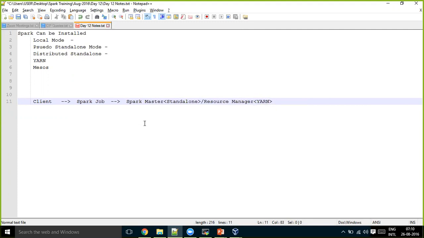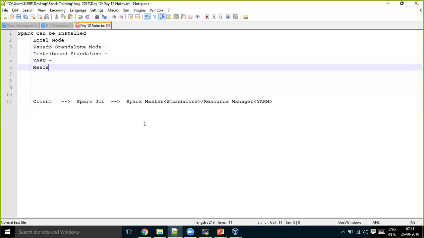In our practice, whenever you run in your Eclipse, that's a local mode of execution. If you start your services separately and provide your Spark master address as the master URI, that becomes pseudo distributed standalone mode. I will show you some examples on Yarn also, but not at this moment; you will see them in cluster mode of applications running.